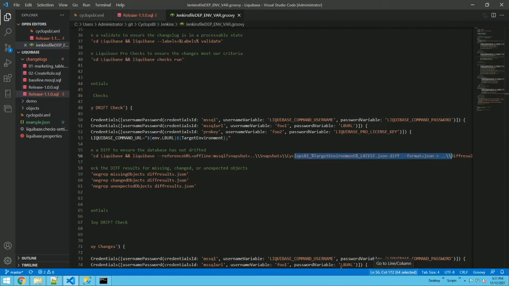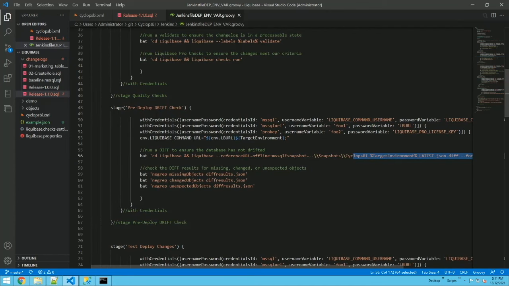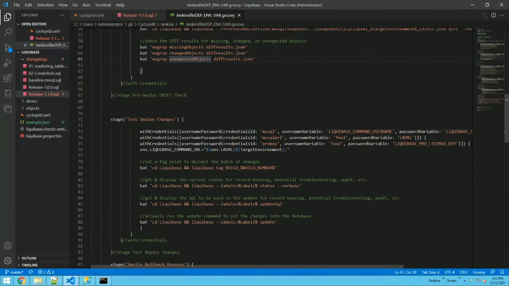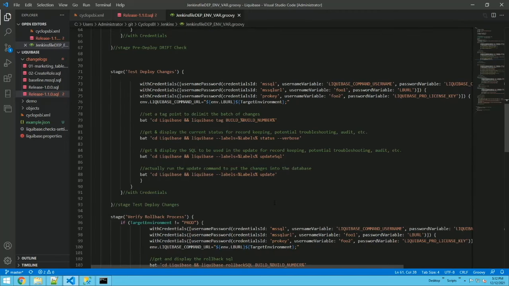And if in the output of that diff command we find missing, changed, or unexpected objects, again, the job will stop. Assuming we get through all of that and we know that the changes are trustworthy and the database is in the state we expect, there's no unexpected modifications from a coworker or a malefactor, a bad guy, if you will,